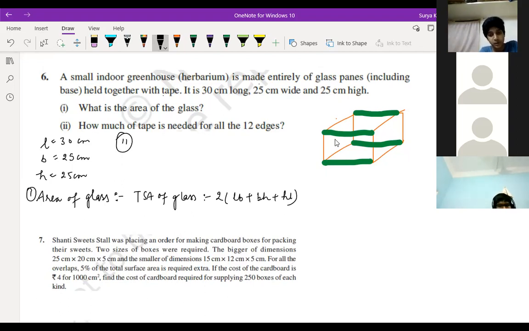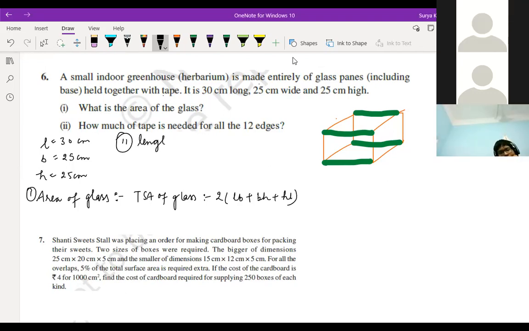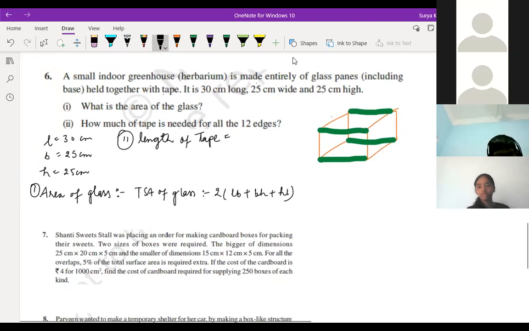Exactly. See, just this green one I put, no, children? The green one is nothing but your tape only, okay? So this is coming 4 times, right? So right here, length of tape is equal to what should I write? Pulastya Satapati. Sir, there are a lot of other sides, right, sir? Wait, we are not finished, wait for 1 minute, Sai Ritvik.